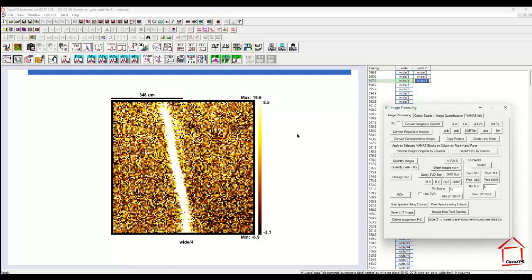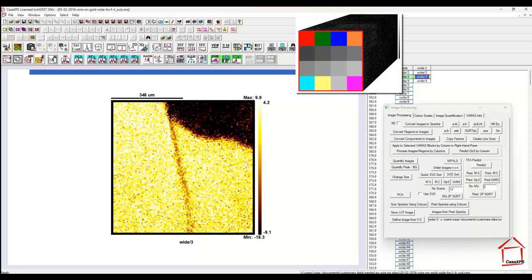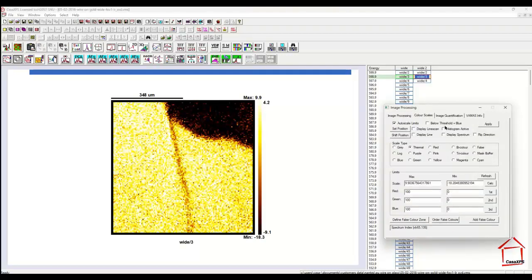The objective in creating these abstract images is to identify different zones within the analysis area that we can assign to different composition of the sample. Here we have the silver dag, here we have the glass, and I'd like to identify these by their intensities. Previously I used a pattern that was predefined. There were a bunch of squares. 16 squares partitioned the image, and that had some benefit, but I can specifically pick out now where the silver dag is and where the silver dag is not. And that can be achieved using the color scales property page. I'm going to select the false color scale,